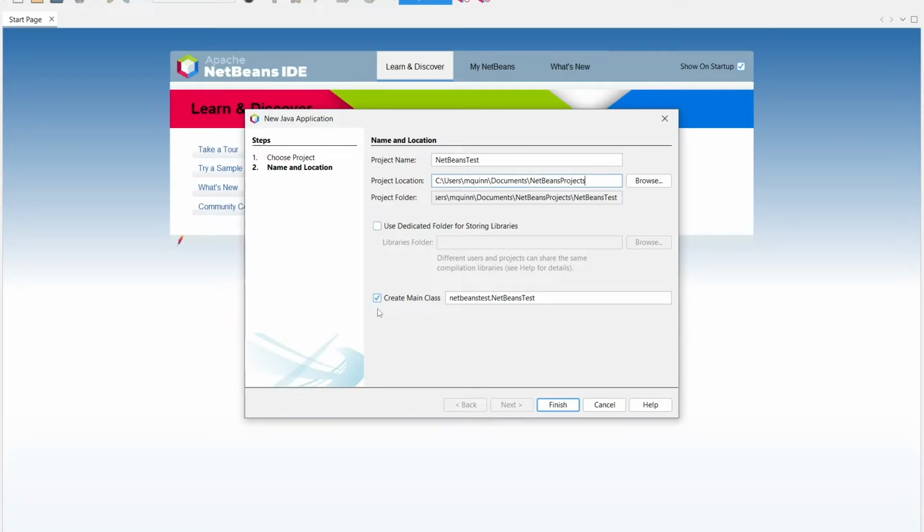Lastly, down at the bottom, we can create a main class simply by checking the box. You'll notice in the text box we have the name of the package, a dot, and then the name of our class. In this case, our class is going to be called NetBeans Test. The class name is the same name as the project name. When I click Finish,